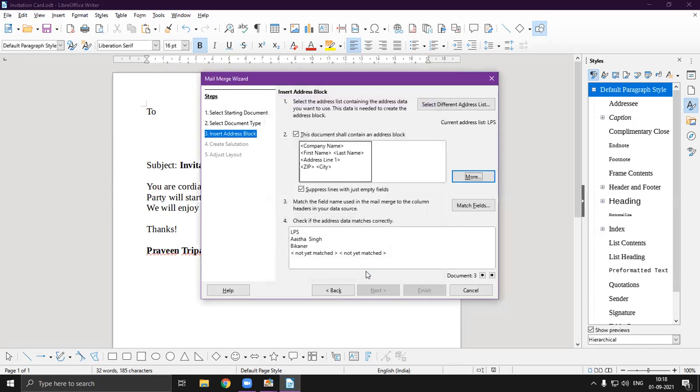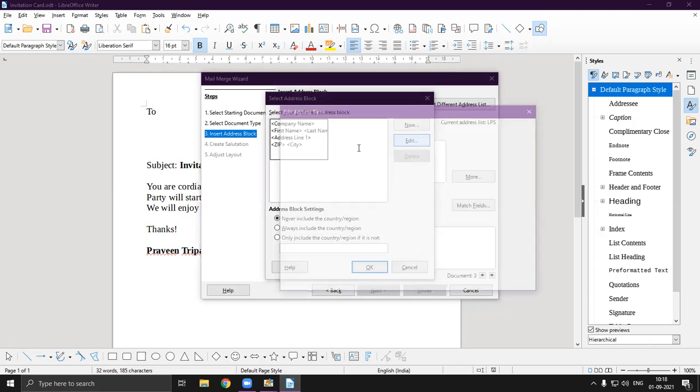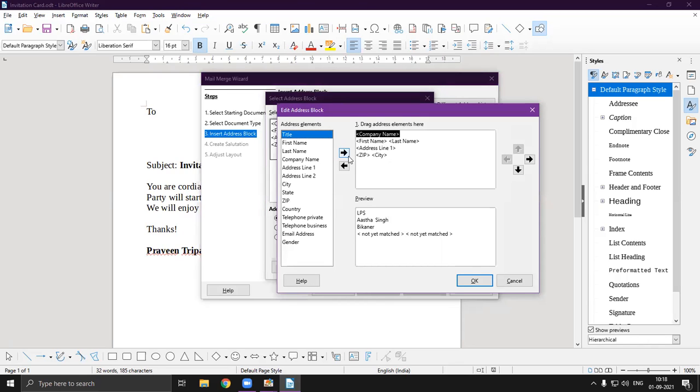So I am going to include this. Now, अब यहाँ पर आप चेक करिए कि क्या आप ऐसे ही चाहते हैं। तो देखिए लिखा हुआ कैसे आएगा, LPS आस्था सिंह बीकानेर नॉट मैच्ड येट। क्यों नहीं आ रहा है, क्योंकि अपन ने क्या नहीं कर रखा है, जिप और सिटी को डिलीट नहीं कर रखा है। तो यहाँ से हम क्या करेंगे, जिप और सिटी को मूव भी कर सकते हैं और चाहे तो आप इसको डिलीट भी कर सकते हैं।